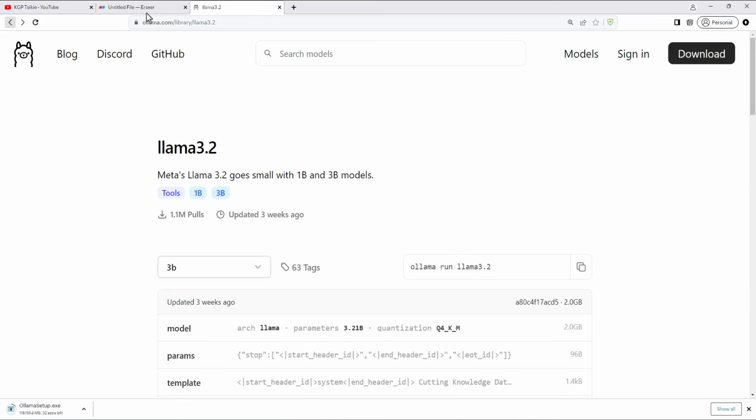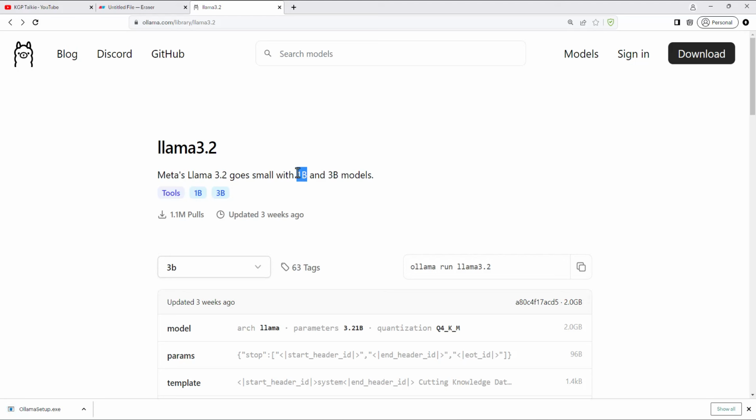Thereafter, let me just explain this Llama 3.2. This is Facebook's latest model, which comes with a 1 billion model and a 3 billion model. The 1 billion model with 8-bit means you can actually run it with a minimum of 1 gigabyte of memory, but obviously you need more than that. So 2 to 4 gigabytes of memory would be more than enough